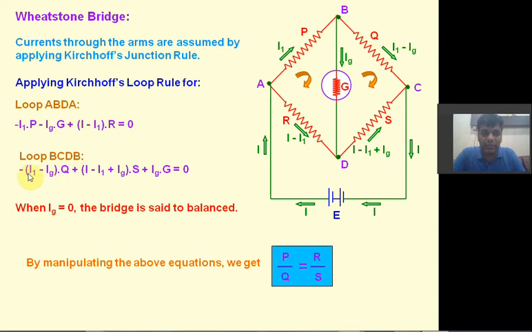Again here we have minus I1 into Q minus I1 into S is equal to 0. So now after putting the value of Ig is equal to 0, from these two equations we get minus I1P, we get here minus I1P